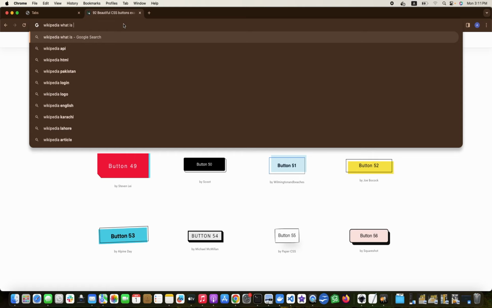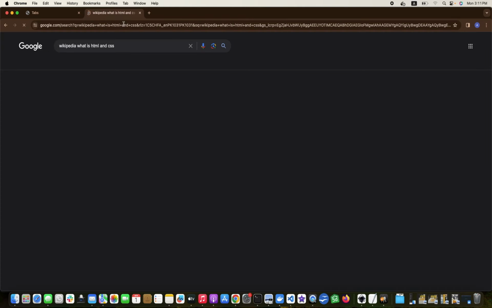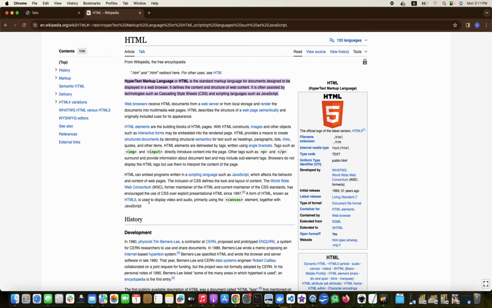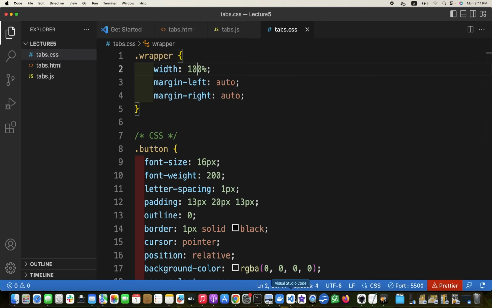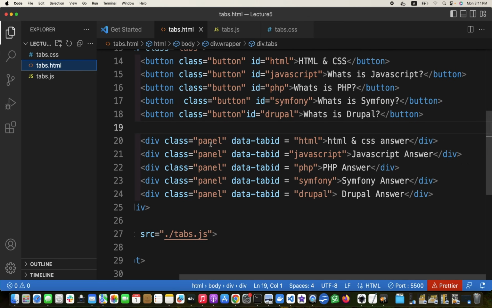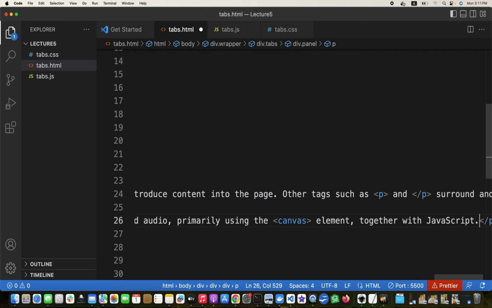What is the HTML and CSS, and we can just copy some paragraphs from it. So what is HTML? We will paste it here inside the p tags,